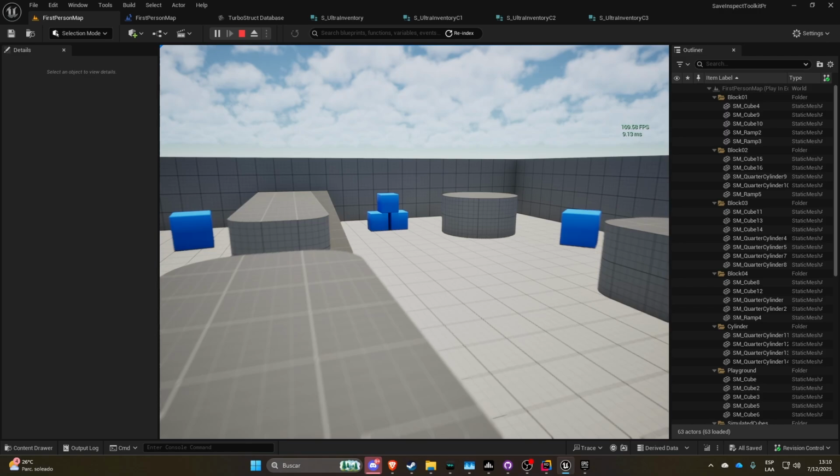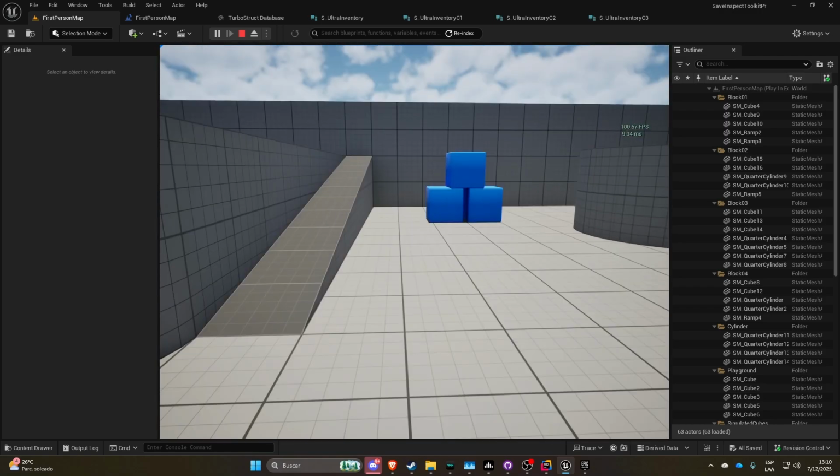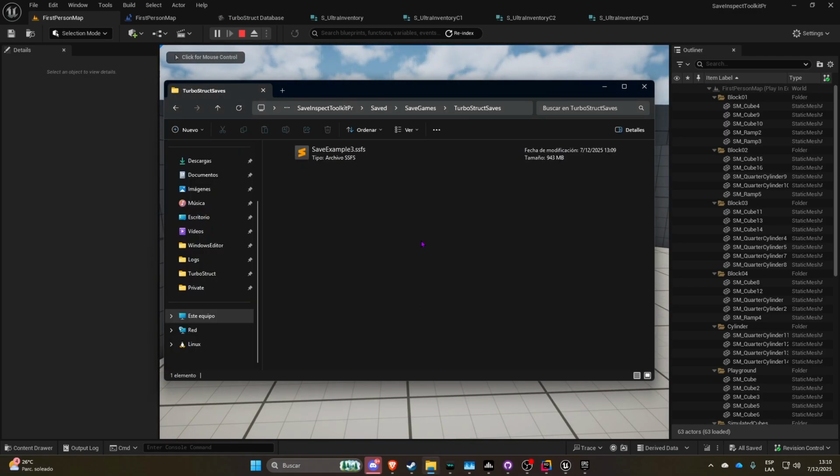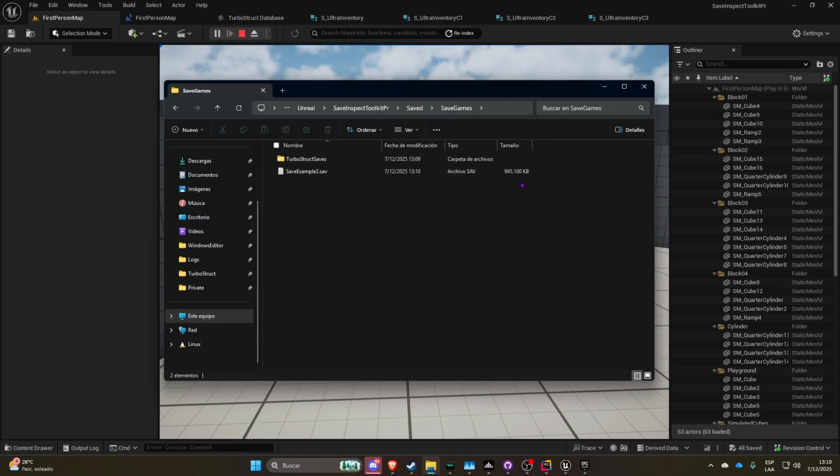As we see, during that, the saving process takes forever. It is true that TurboStruct takes a little bit. It might have taken 2 more seconds, but those 2 seconds passed while the game was still running. So you didn't have to wait for those 2 seconds. And we see that the file weighs